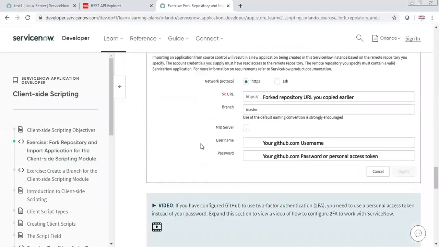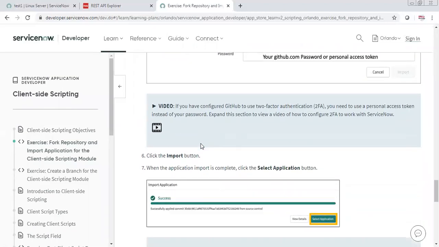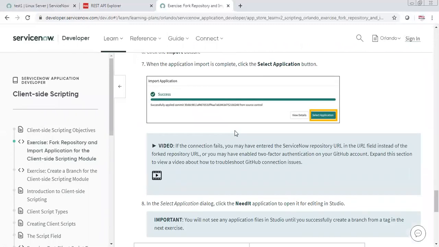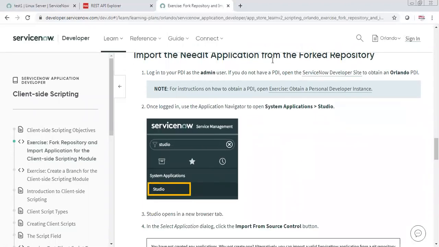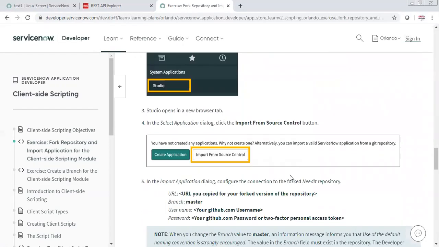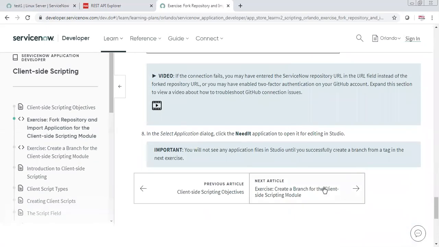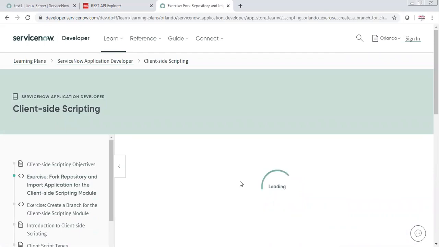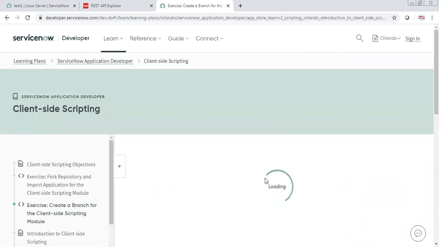So what is this GitHub? GitHub is again a repository on which you need to create your account, and then you need to import this. ServiceNow would have provided you some URL here, through which you need to import this application which they are talking about, and then they will give you tasks in between to modify those application things. So first, import this application into an instance. Yeah. If I come here, this is some setting up for that application.